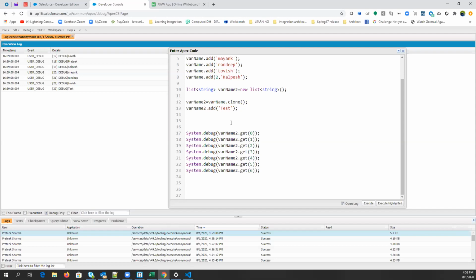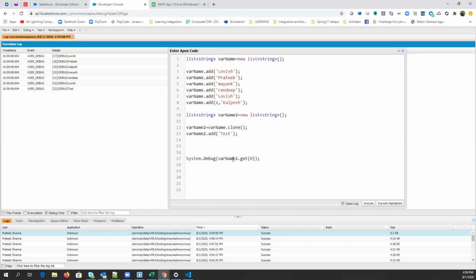So we have a method called index of a list element. Let's say you want to check the index of Randeep or Mayank. Then what will you do? You can simply type this. So what should it print?